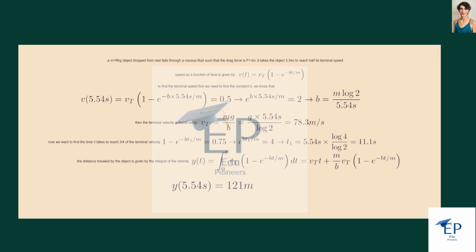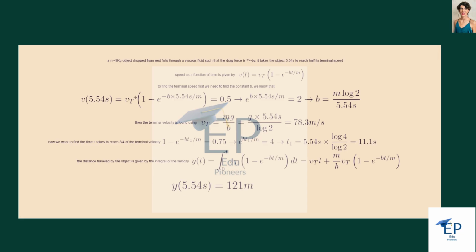So first we're asked to find, okay, what is the terminal velocity? In order to find the terminal velocity, first we need to find the constant b. For that, we use the fact that we know how long it takes to reach half of the terminal velocity. So we just replace that in our v as a function of time. We evaluate v at 5.54 seconds, which has to be equal to 0.5